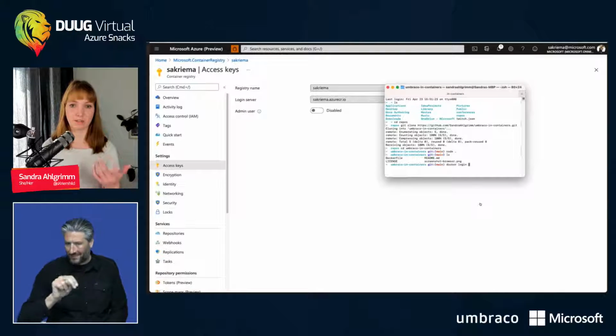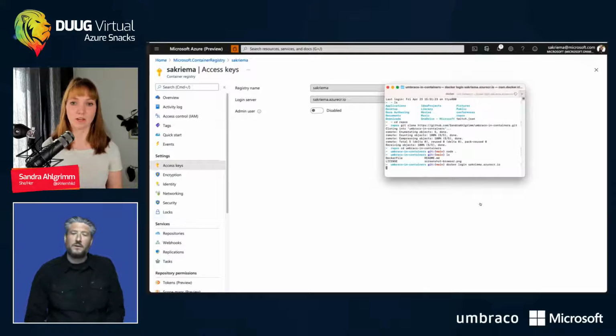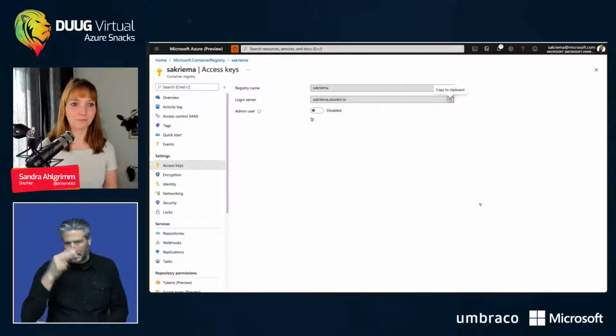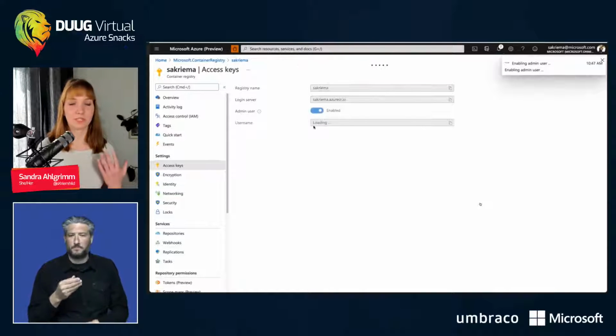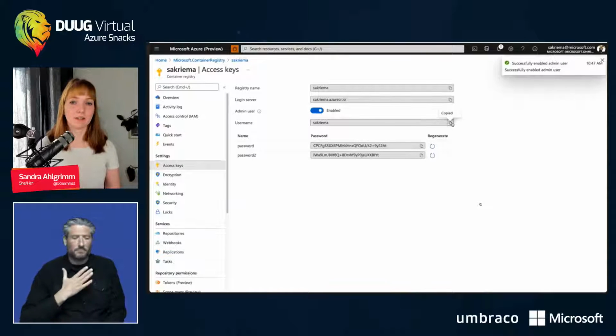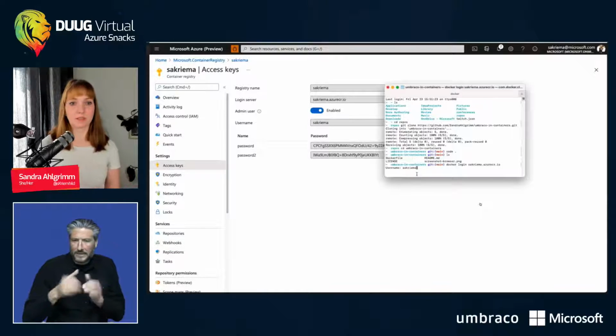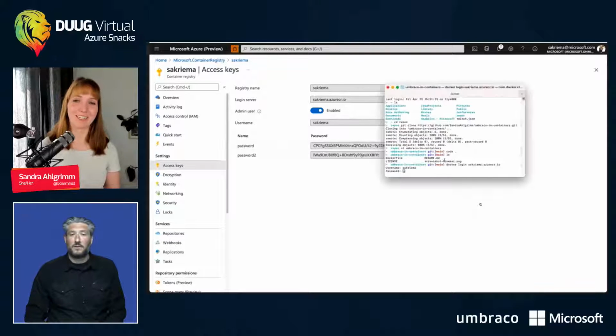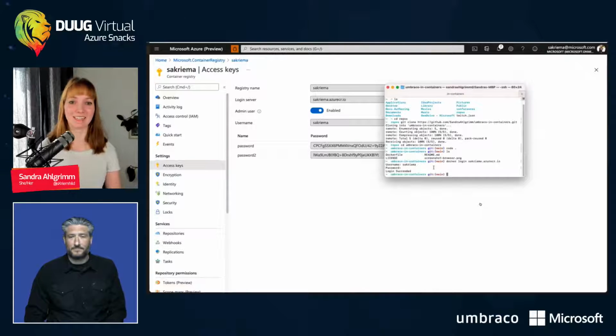So here I have my Docker file, so I can log in here. And now it wants my username and password. So I have to specify an admin user here. That's obviously only needed if you do local testing like I'm doing here. So I then copy the username and the password. No worries, the passwords are both regenerated already. So no need to try something funny here.